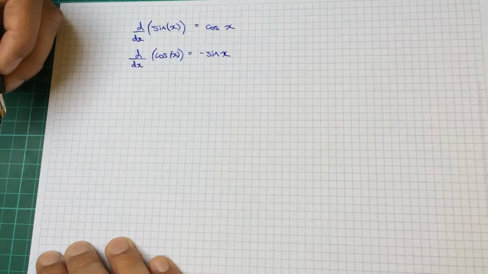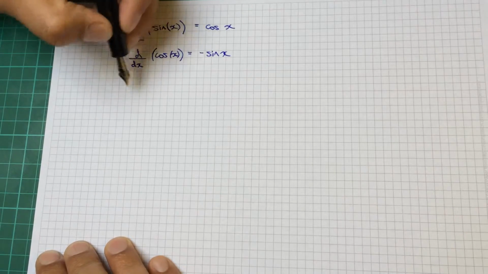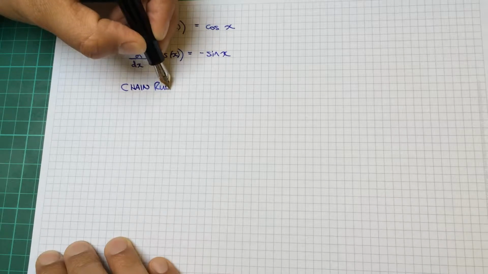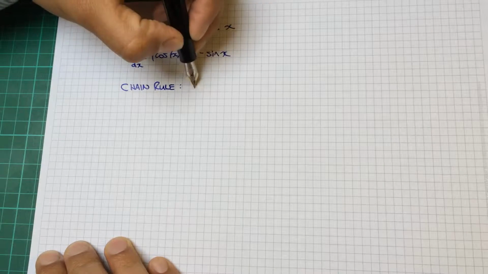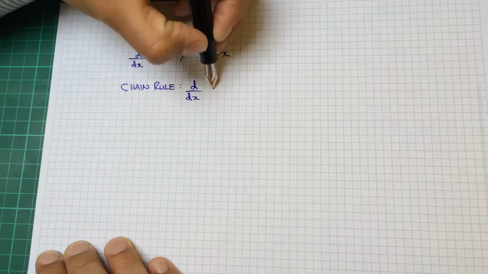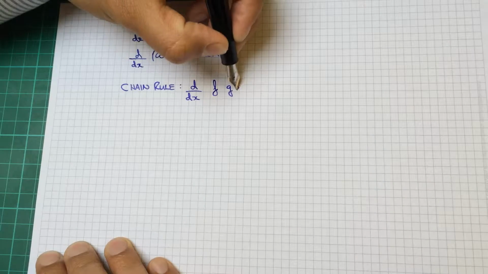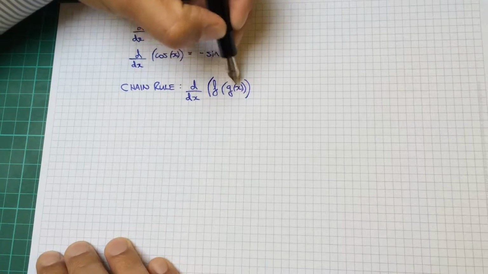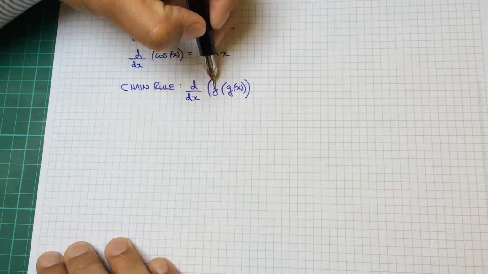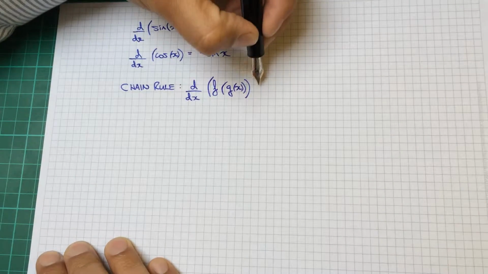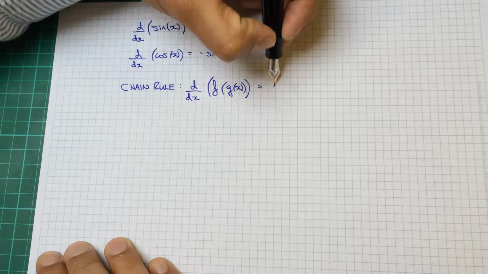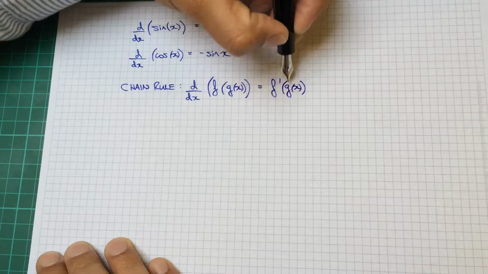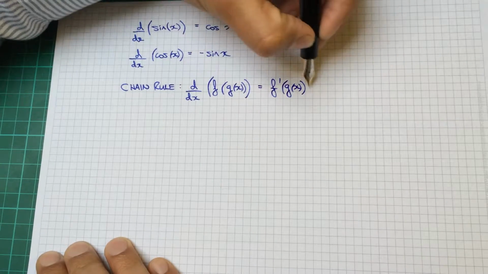And now looking at the chain rule, which comes up quite often. So chain rule. Okay, so let's say you are going to differentiate a function within a function. So this is our inside function g of x, and this is our outside function f of x. So the rule stipulates that you differentiate the outside function and you leave this inside function unaltered, and you